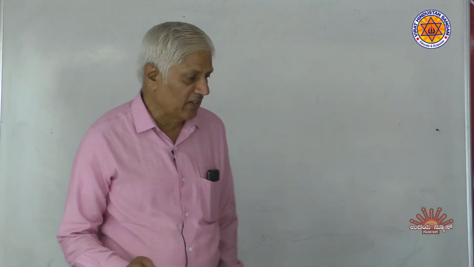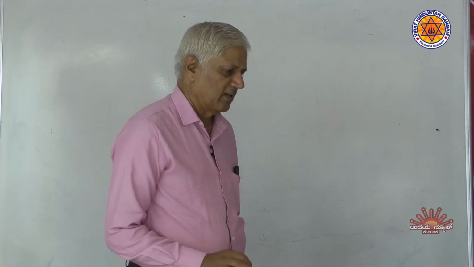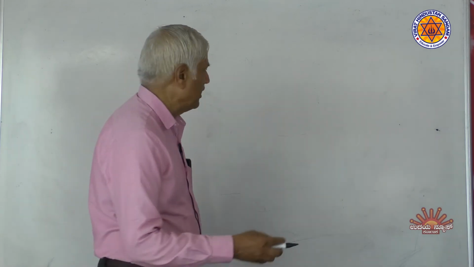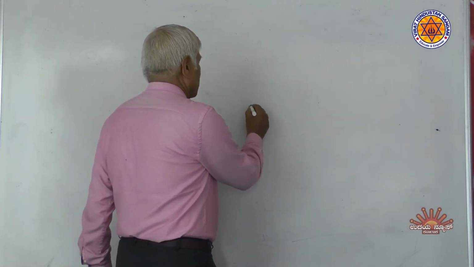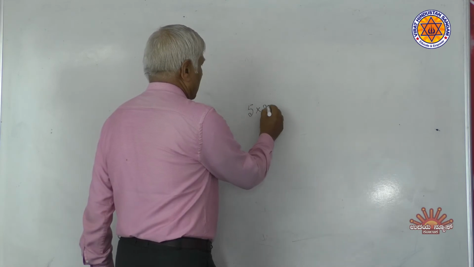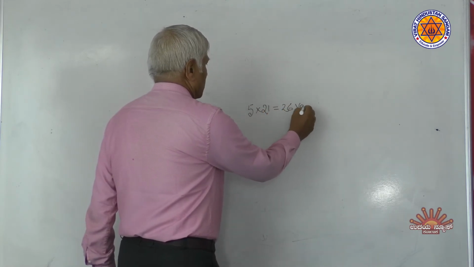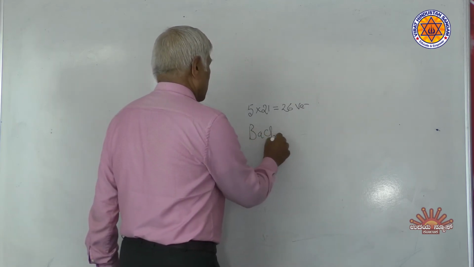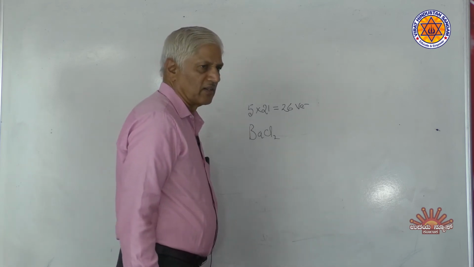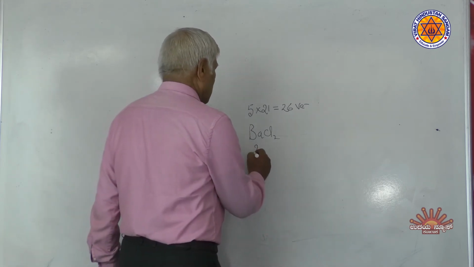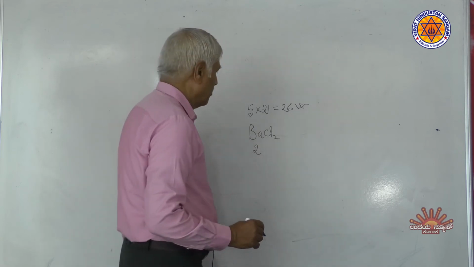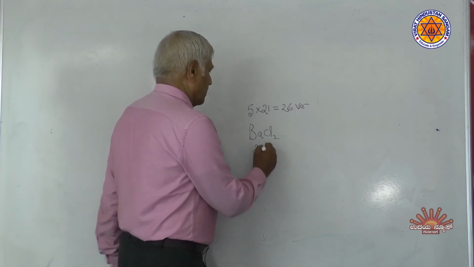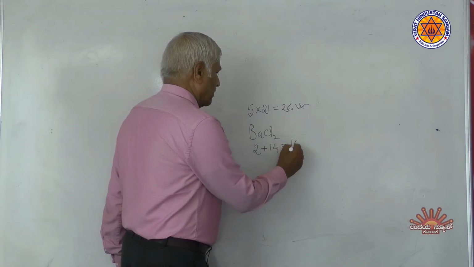Yes. In SbCl3, Sb is antimony, antimony trichloride. Sb, 15th group element. Therefore it should be 5. Cl3, 7 into 3, 21. So it is 26 valence electrons. BaCl2. Barium is an s block element. Second group, alkaline earth metals. Magnesium, calcium, barium, strontium, etc. have 2 valence electrons. Plus 7 into 2, 14. 16.